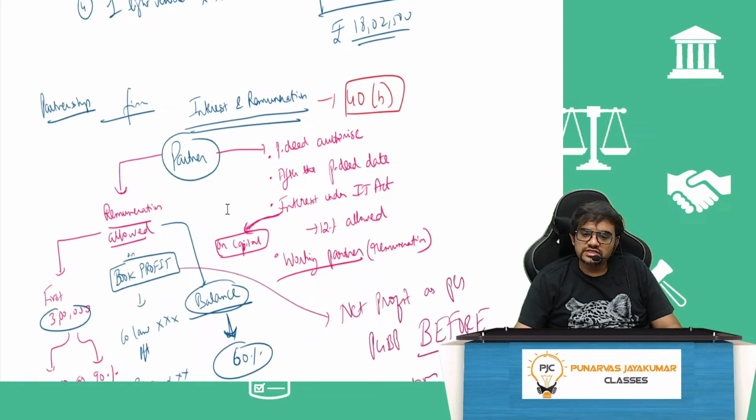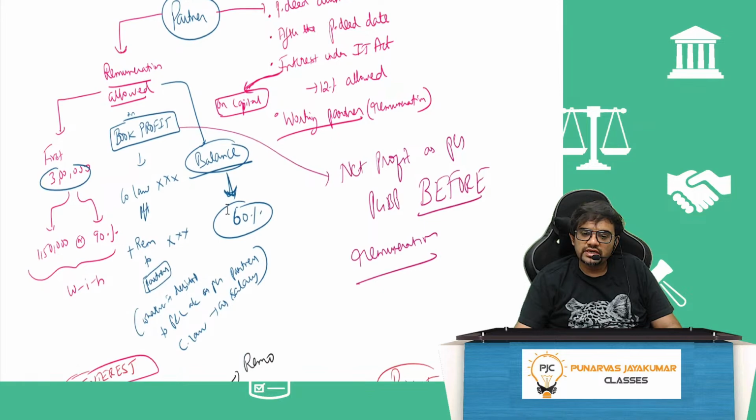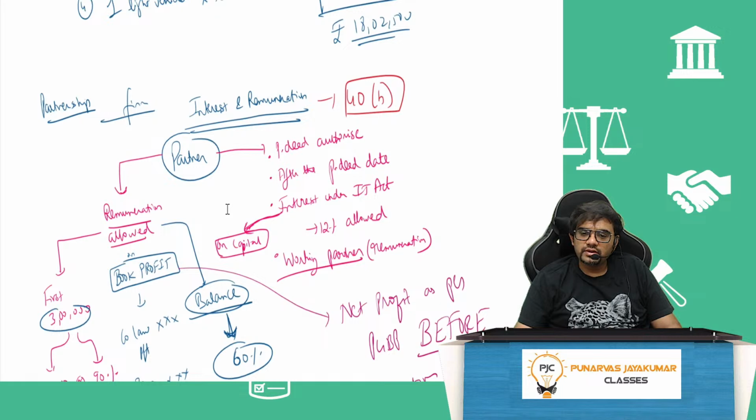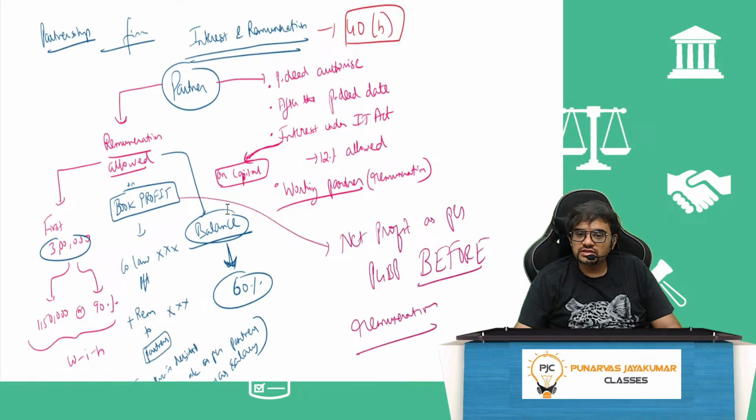And interest payment is only taken to whom? What is disallowed here? Interest and remuneration. Under 40B only certain things are allowed, other things are disallowed. If you have taken it as a partner, disallowed. But if you have taken it in any other capacity, then it will be allowed. For example, I am a partner in a firm in my individual capacity. Firm paying interest to me, disallowed. Firm paying remuneration to me, disallowed. For everything, 40B limits I have to apply.